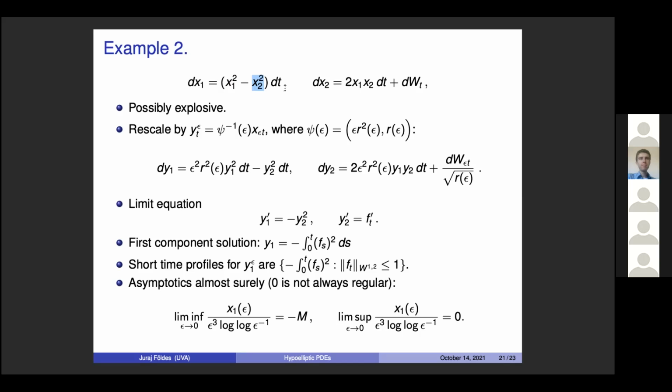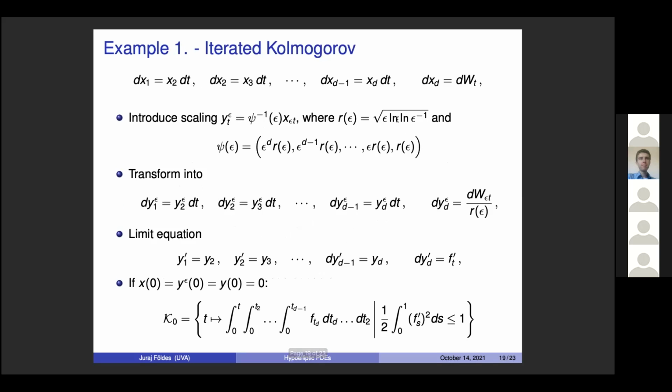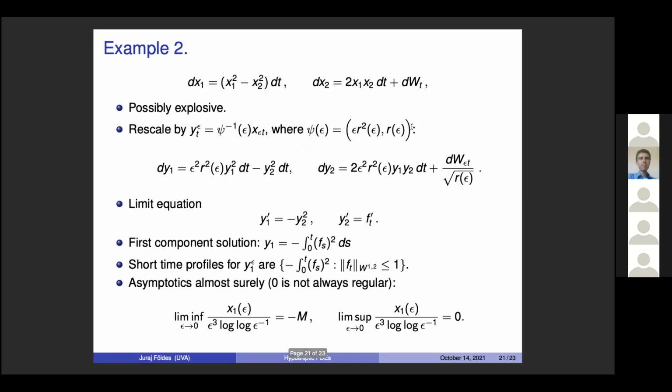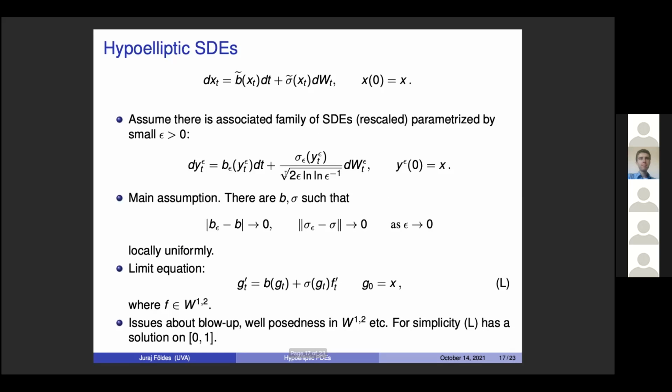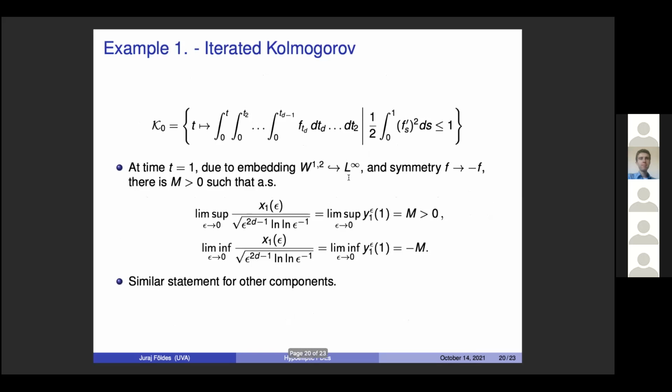What's happening? All right, so what we are going to do, we are going to rescale. The second component we are going to divide by r of epsilon, which is exactly what we need for the Brownian scaling. By the way, r of epsilon in the first example is exactly the Brownian scaling. So I'm going to divide by that one to get it over here. Recall our main result requires exactly the Brownian scaling on the bottom. So that's what I'll do. I divide by that,